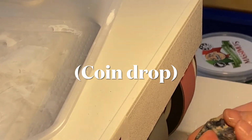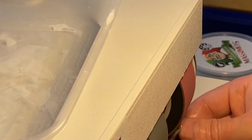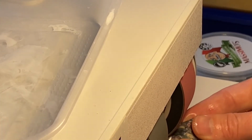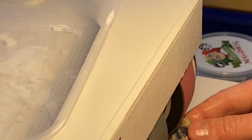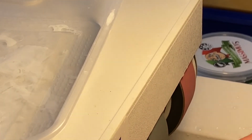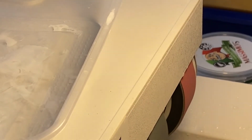So you never know. It pays to get a second and third opinion in some cases where you have a stone that you're not quite sure about. You might think it's worth 1,000, you might think it's worth 200, and then you never know, you might find out, hey, it's worth 40 grand. So you want to be careful with that. Not saying that this stone's worth 40 grand, but